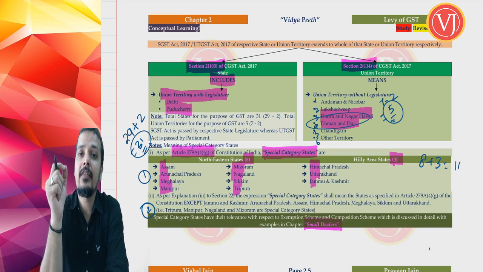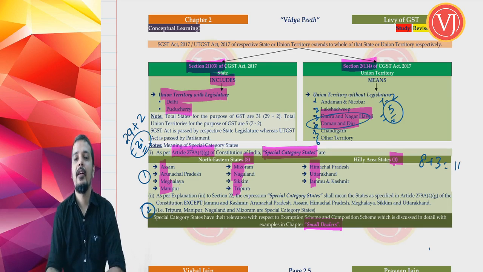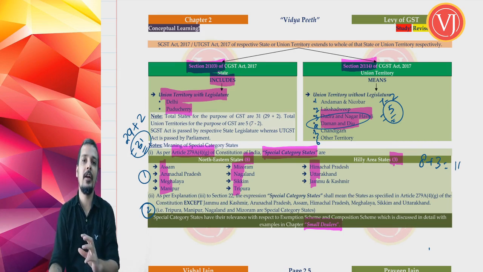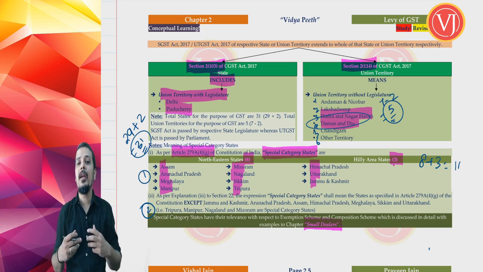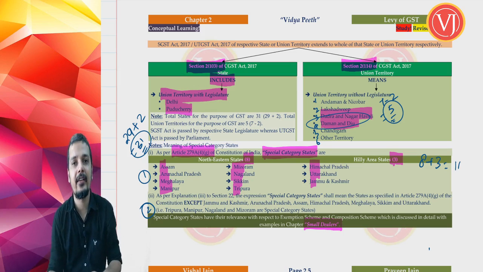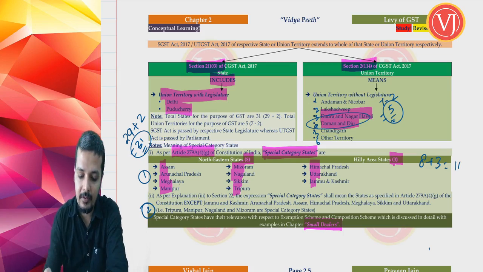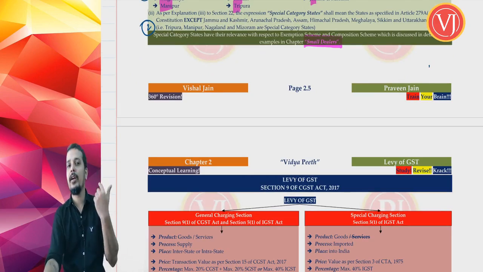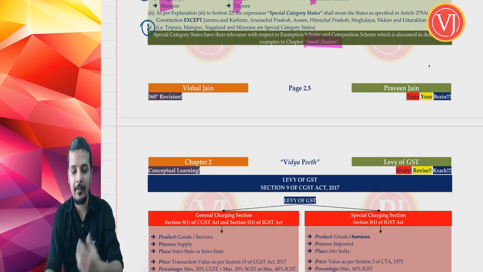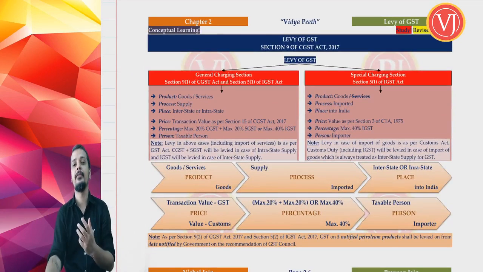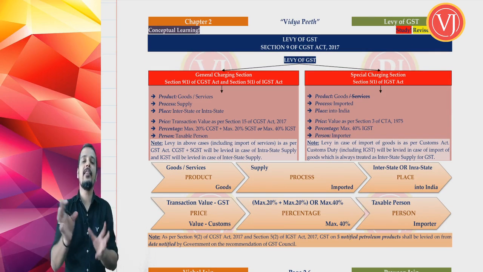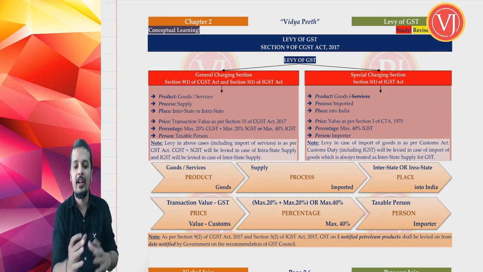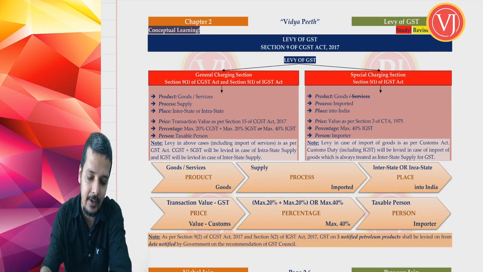We are yet to discuss the importance of special category states. We know why we have read India, state, and union territory, but it is yet to be made clear why we are dealing with special category states. That would be made clear in your chapter called small dealers. So in small dealers, I'll bring you back. We are going to revise special category states again, so that things are very clear. Now, why was it discussed there then? Whenever you are discussing India, states, union territory, it is quite logical to also complete special category states. That was the only purpose why it was discussed along with that.